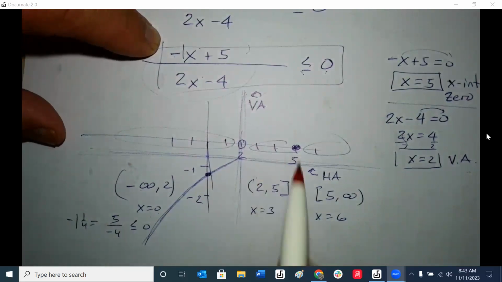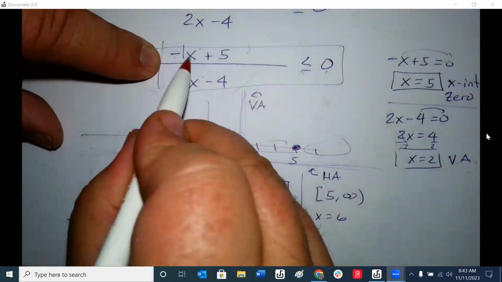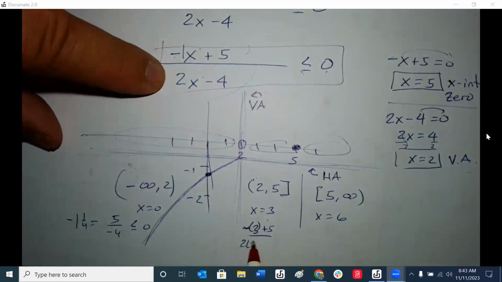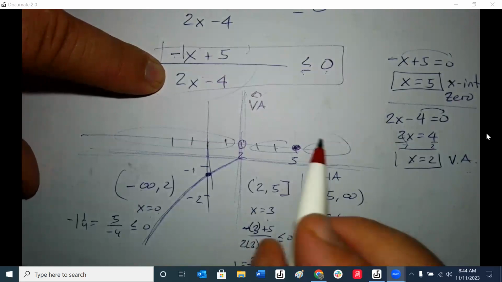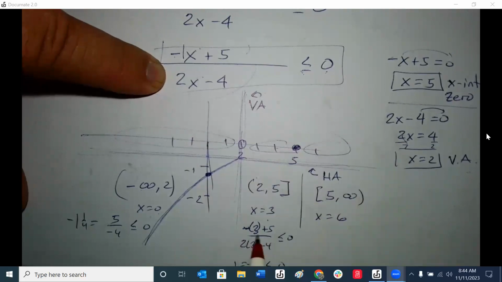What happens in this middle interval when x is 3? So we have -3 plus 5. There's -1 times 3. So -1 times 3. 2 times 3 minus 4. So it's -3 plus 5 is 2. 6 minus 4 is 2. So that equals 1. So what? When x is 3,